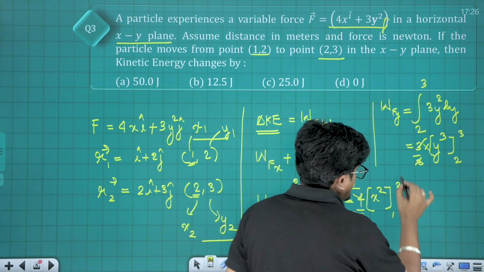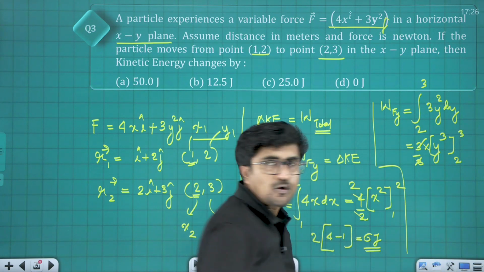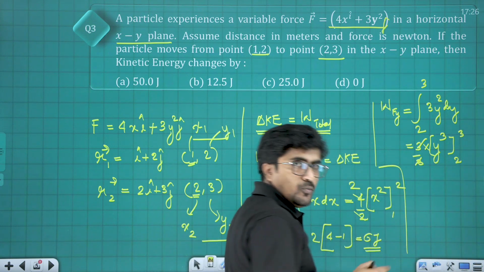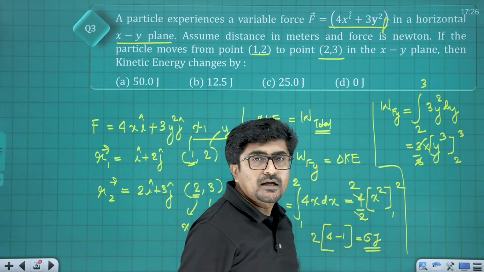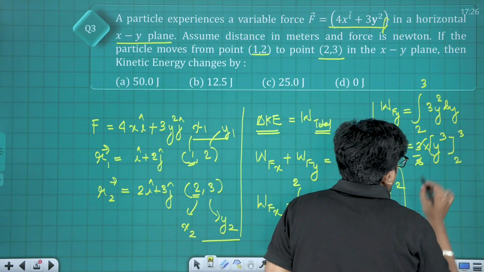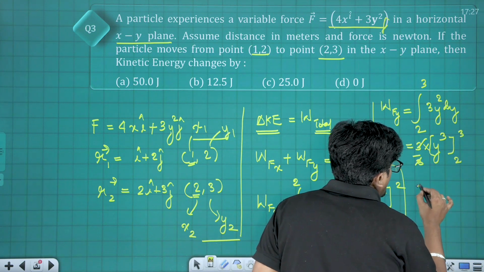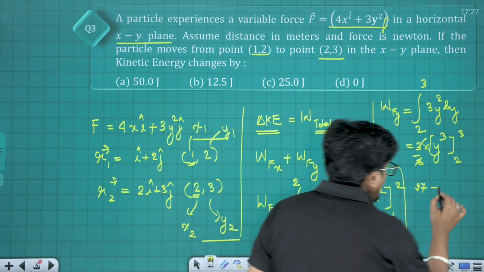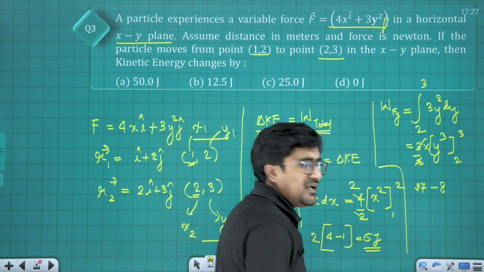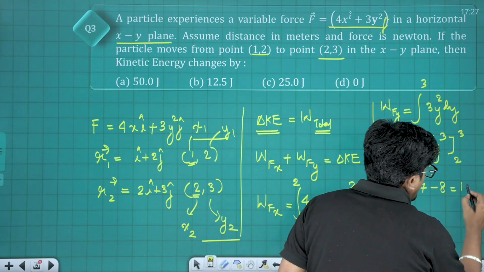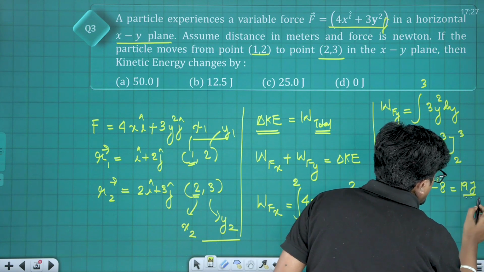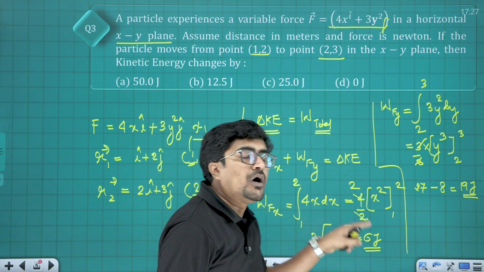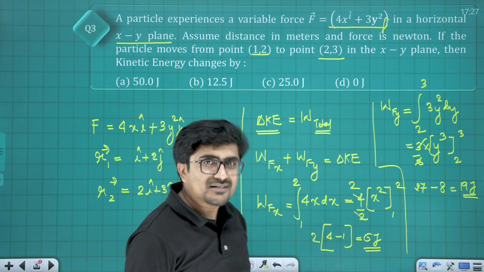So this 3 will cancel each other. If I go ahead with the calculations, this is now going to be y cube. While substituting the upper limit, it's going to be 3 3s are 9 and 9 3s are 27, minus of 2 cube is going to be 8. All right, here this is going to be 19 joule. So work done due to force acting along x-axis was 6 joule and work done due to force acting along y-axis is 19 joule.